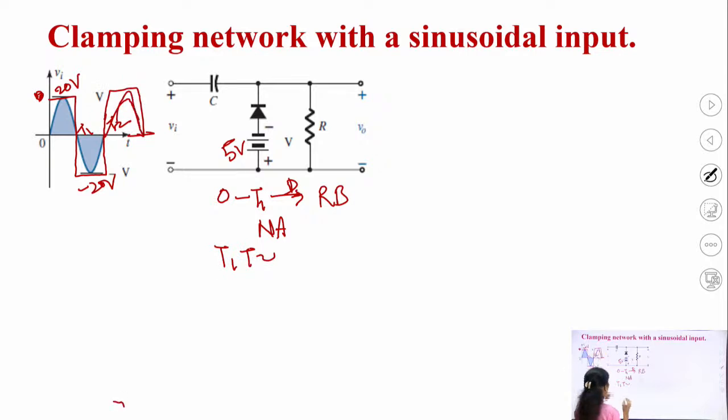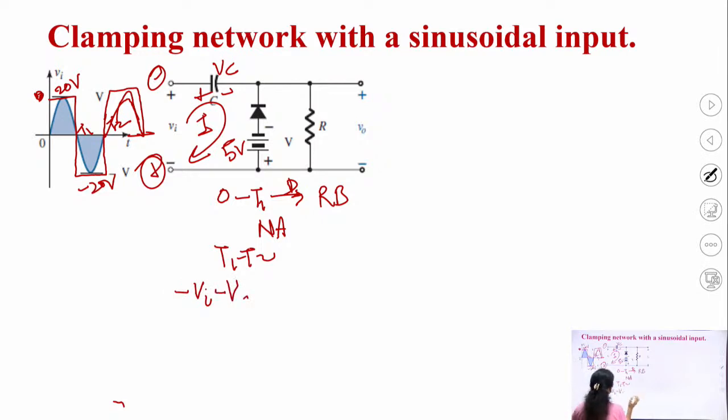T2 time period, this is minus, this is plus, this will make your diode forward bias. So if the diode is forward bias, the current direction is this. So this is plus and minus Vc. If I write the KVL, it is minus Vi minus Vc plus 5 equal to 0. Here in this case, Vi is 20 volts. If I keep the value here, Vi is 20 volt, then Vc will be equal to how much? It is